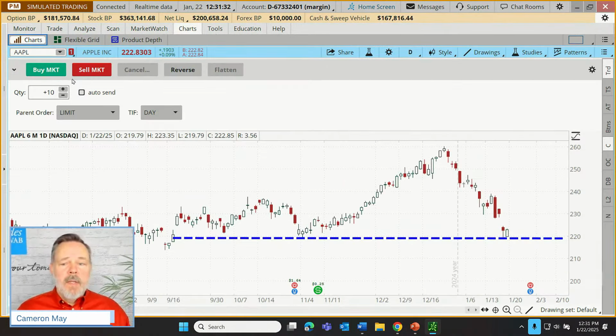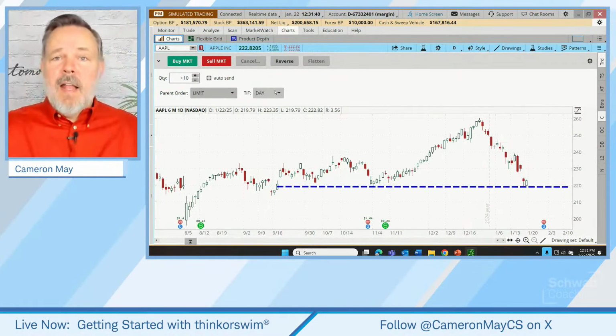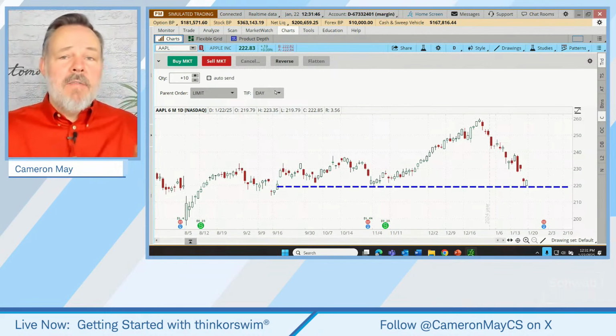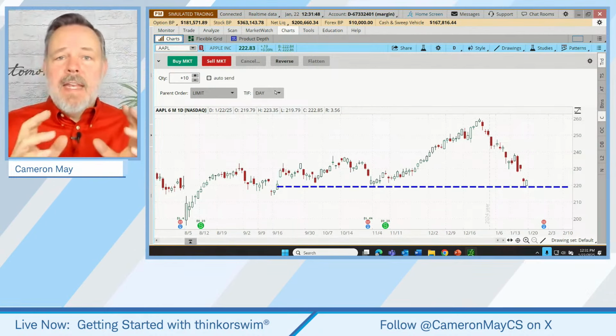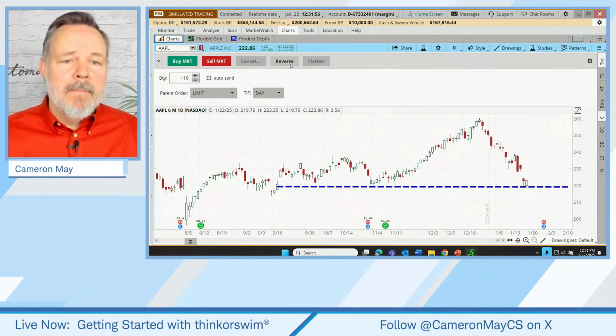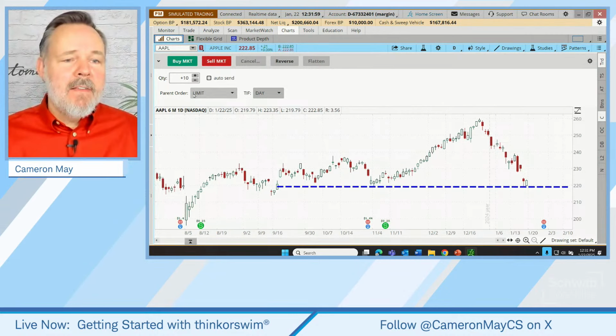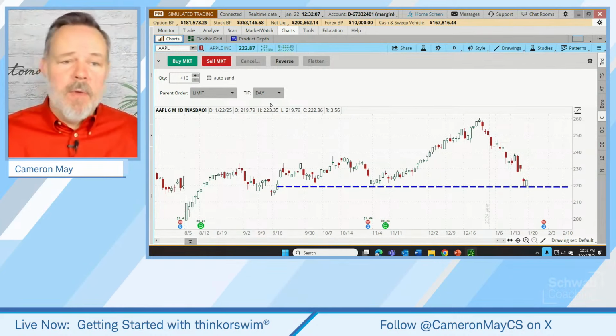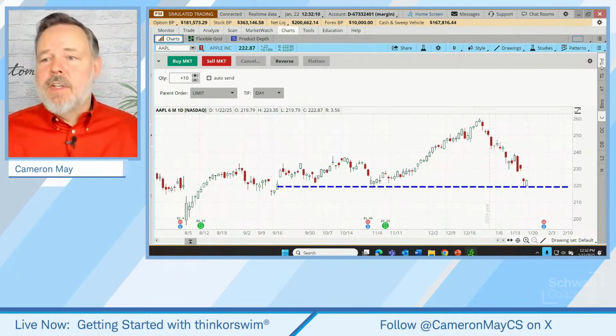So for a trader, how many times have we gone to sell a stock because we see a reason to sell and might even forget that we have a stop on it? The flatten function gets rid of any open orders and gets rid of the position. Now, there are risks of doing that, obviously, and there can be commissions generated depending on the type of trade, but there we go. So this tool can really be an important one for those who want speed in their usage of thinkorswim. That's known again as the trade function.